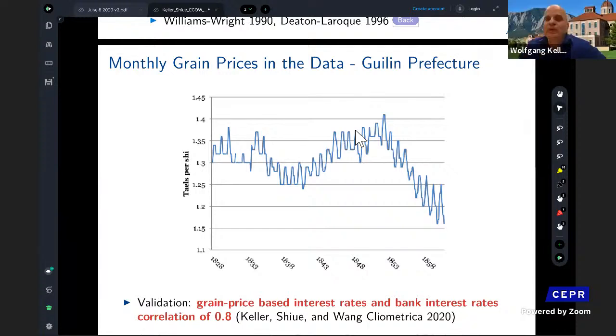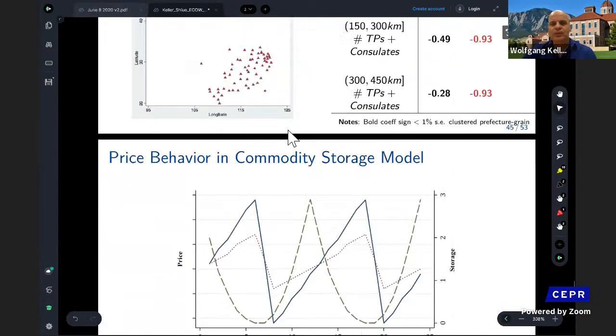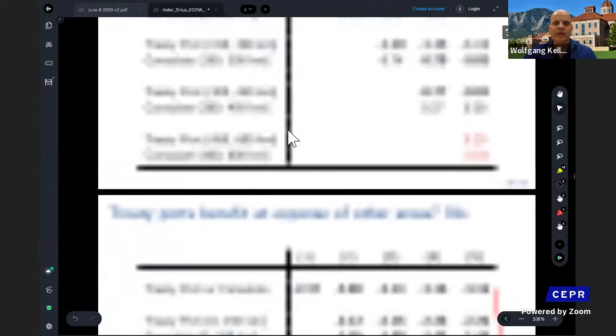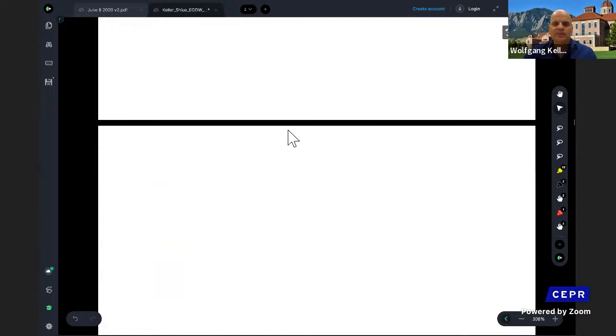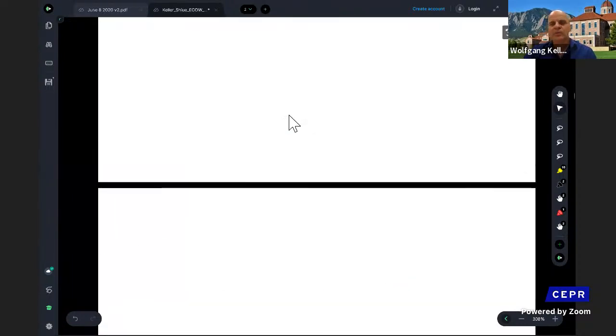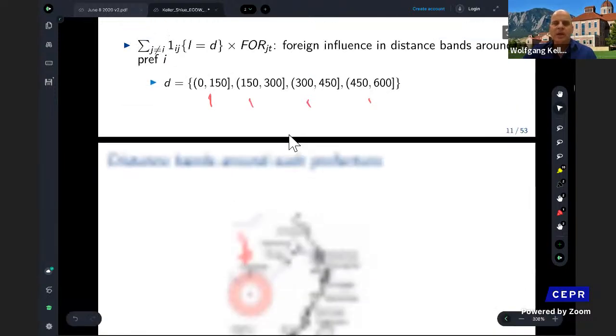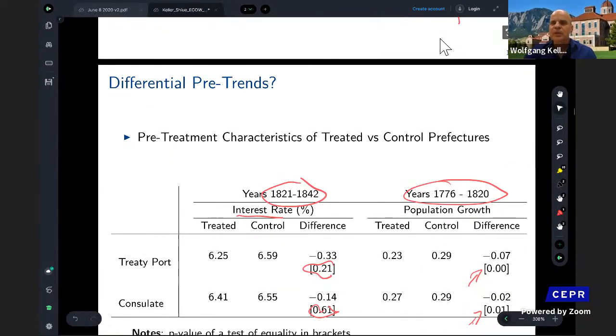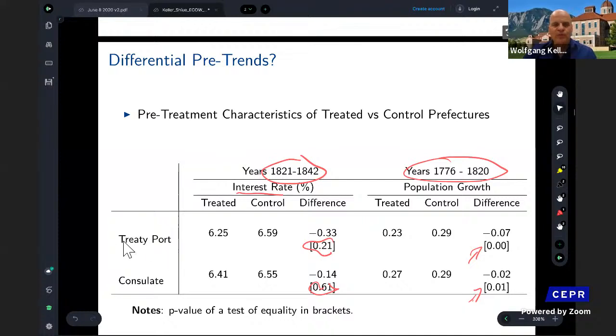That's a super interesting question. Let me just, in case not everybody remembers that result, go to this balance check quickly and then talk some more about this. But you're right. It's true that the control regions had somewhat higher population growth than the treatment regions, and that's this picture here. If people can see this. So both for the treaty port variable or the consulate variable as treatment, you have significantly higher population growth. And so how could that indicate a suboptimal